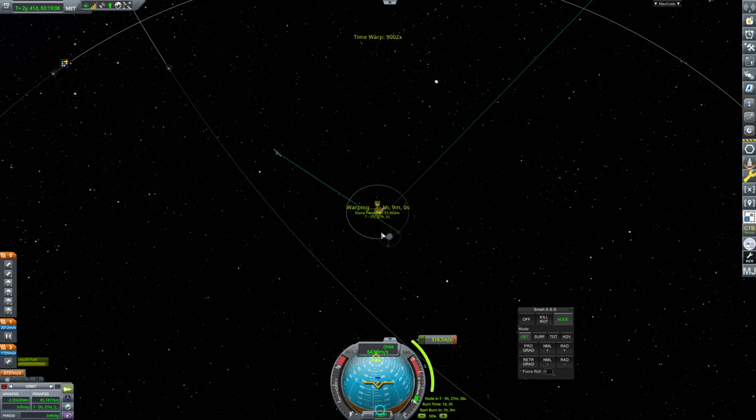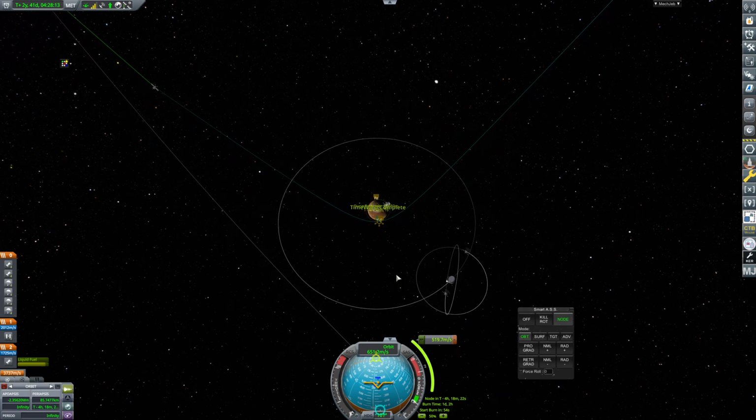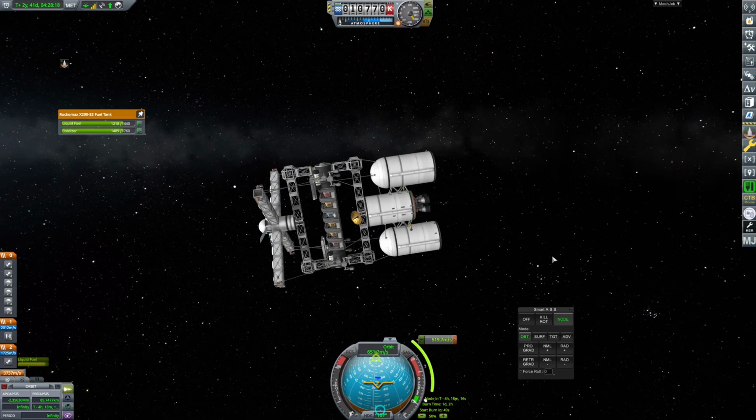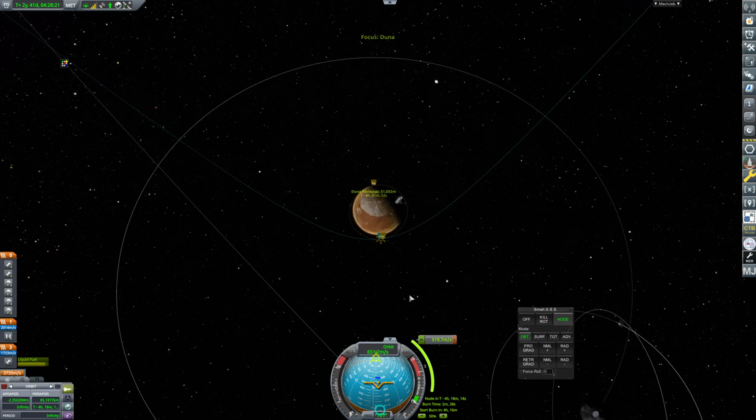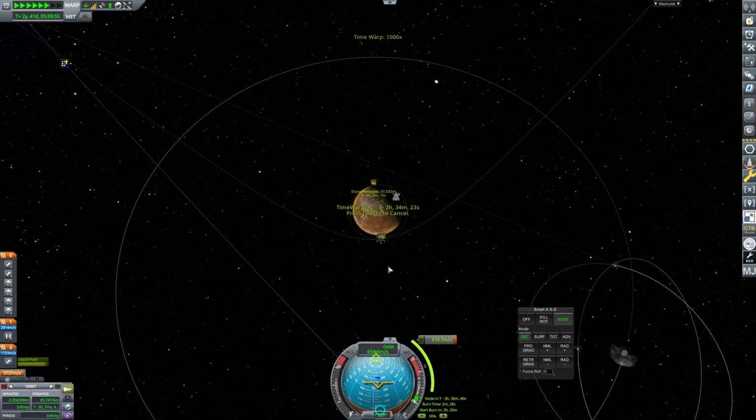Excellent. And you can see we're going prograde with Ike, so that looks great. Why did it bring us out? Oh, 1 day, 2 hour burn time. We're thrust limited. We need to unthrust limit this engine. That'll help a lot. Now this is going to be a 2-minute, 28-second burn. That's more like it. I wouldn't want to sit here for...